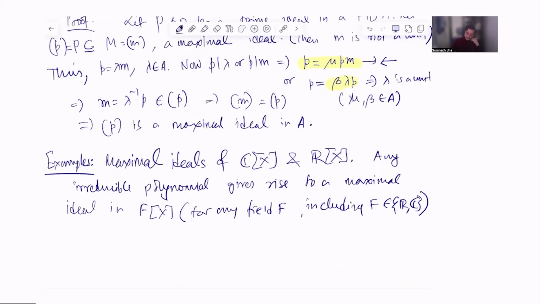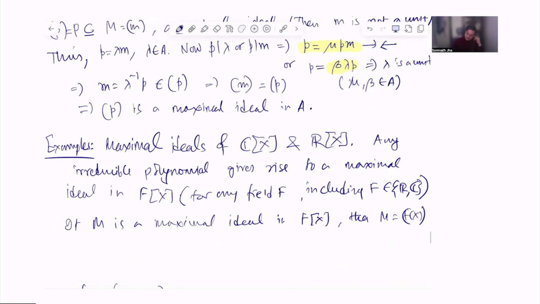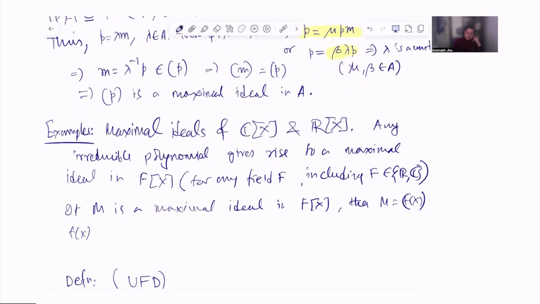So if M is a maximal ideal in F[x], then M equals some (f(x)), and f(x) is an irreducible polynomial. So this first step, that M equals (f(x)), is because it's a PID, so it is generated by a single element, and